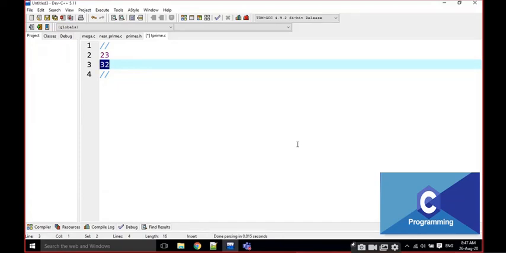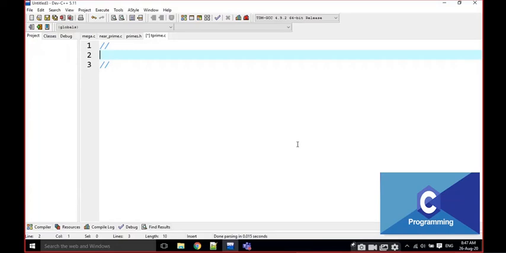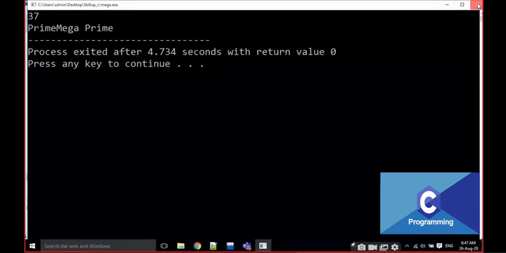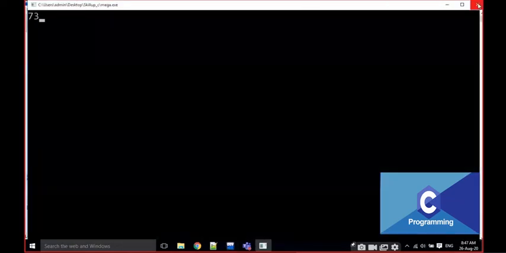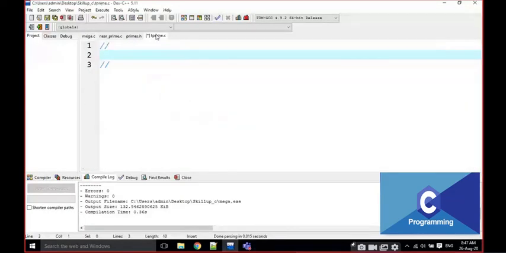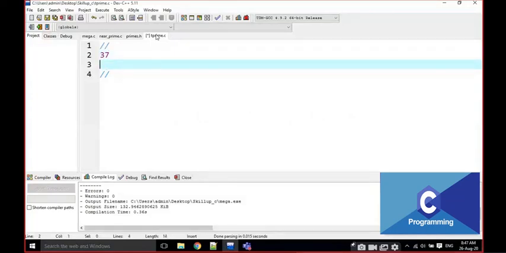For example, I am going to take 37. 37 is prime. 73 is also prime. Yes, 37 is prime, right? Then I am going to rotate the number, reverse the number. 73. Is 73 also prime? Yes. Now it is called a twisted prime.